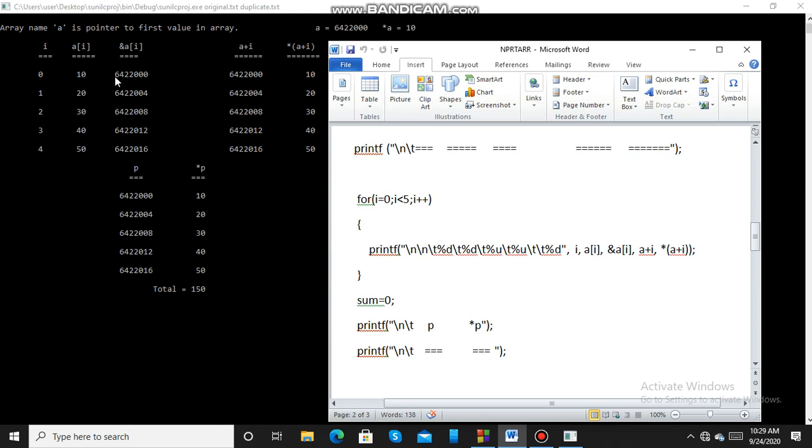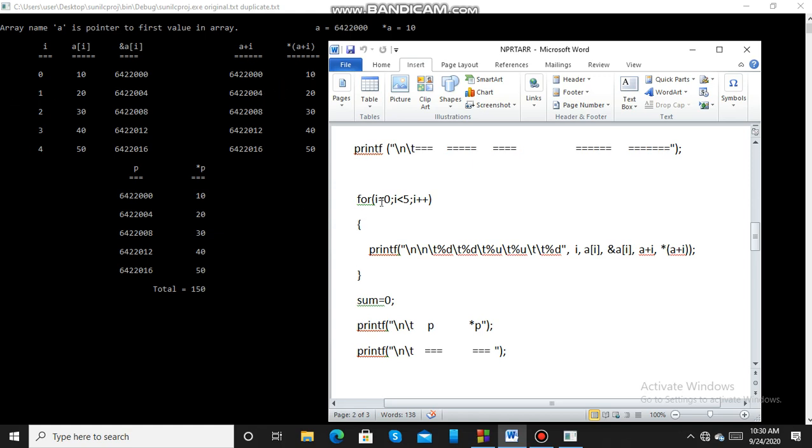The address is the same base address, because for A of 0 the address is the base address, that is 6422000. A plus I means base address plus 0, so the same address, and I am putting star in front of that and dereferencing and getting the value in that address, that is 10.